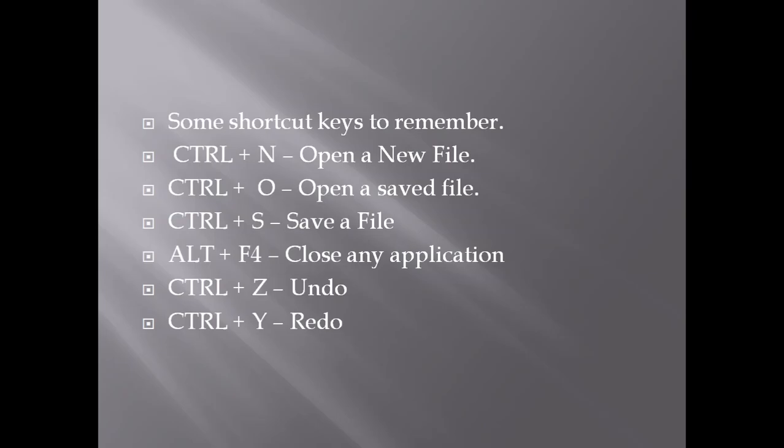You have saved your file. Now tomorrow you want the same file to open. Then first you will open the MS Paint program and then you will press Control O. Then you will see a dialog box and from there you can select your file. Now I am drawing. I have opened a new file and I am drawing in it. It's a very beautiful picture and you want to save. So what will you press? Control S. Save.